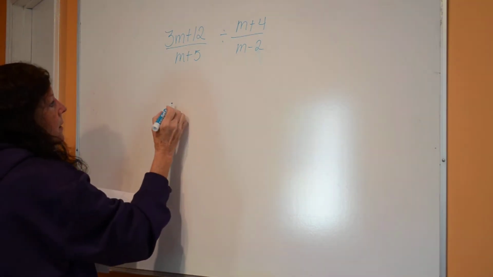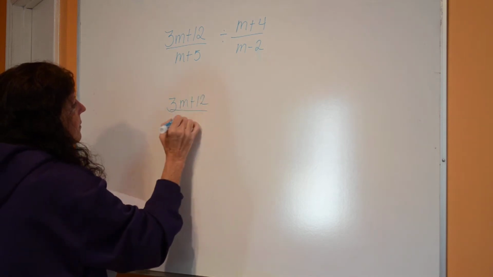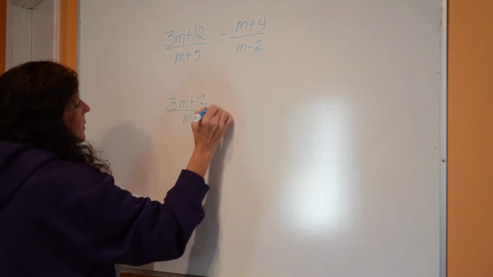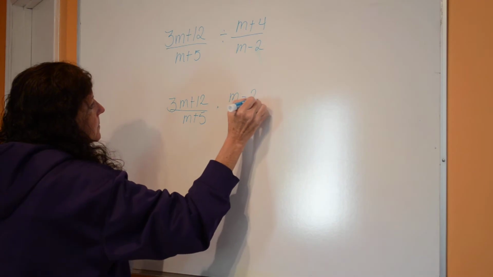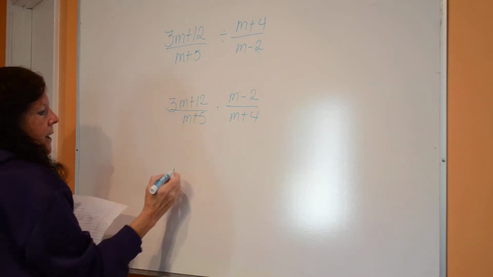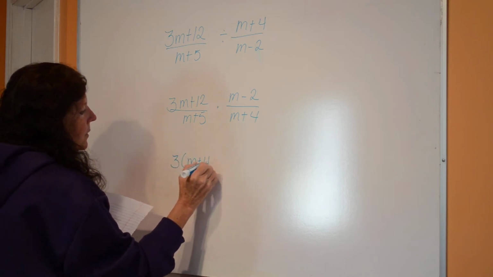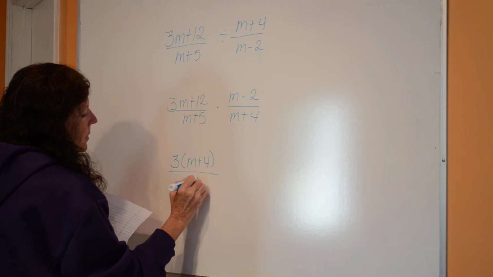All right, I'm going to go ahead and bring this down and flip the second fraction and make it multiplication. Okay, the only thing I can factor out is that top one. I can factor out a 3, so I have m plus 4 over m plus 5